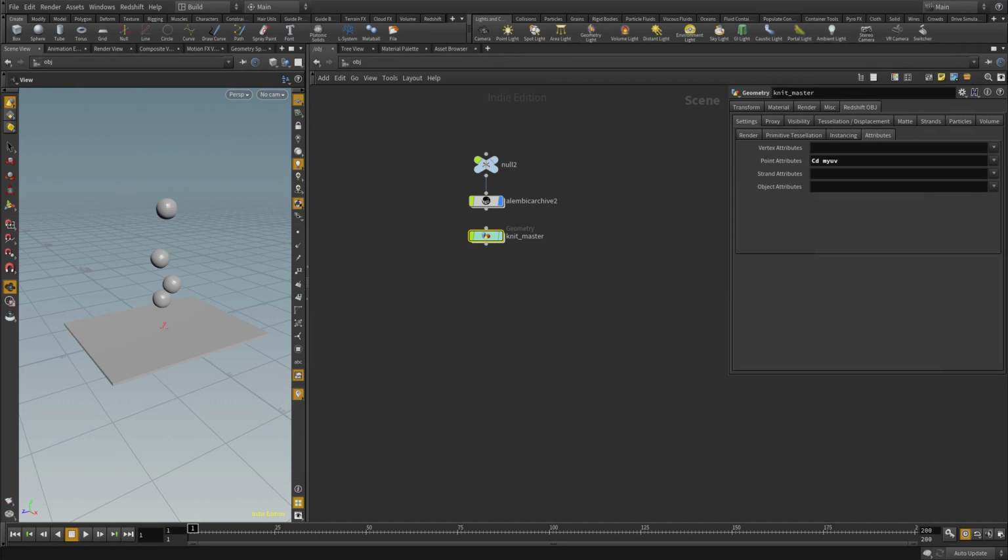To start, please open the file knitting start 01 hip that you can download beneath this video. I already created a simulation of some balls falling down and imported this as an Alembic archive, and I created a knitting loop, as you can see in a second. Here is the simulation of the ball that I want to eventually transform into knit,